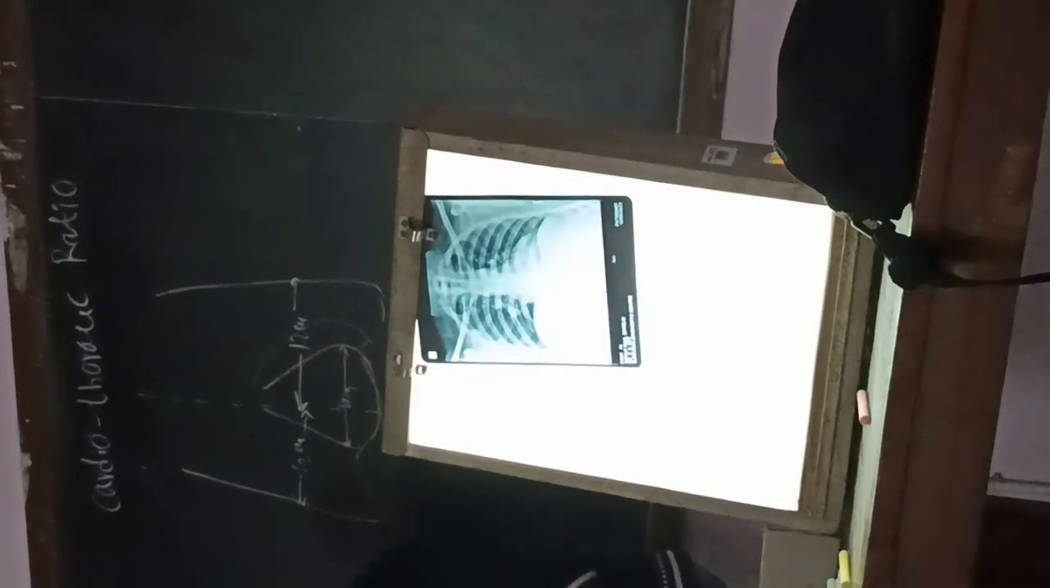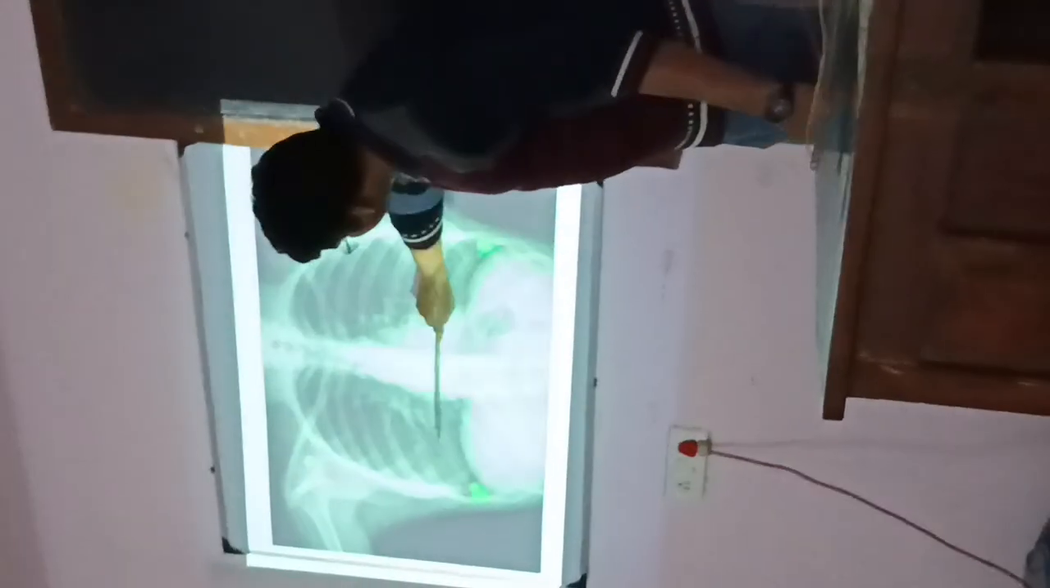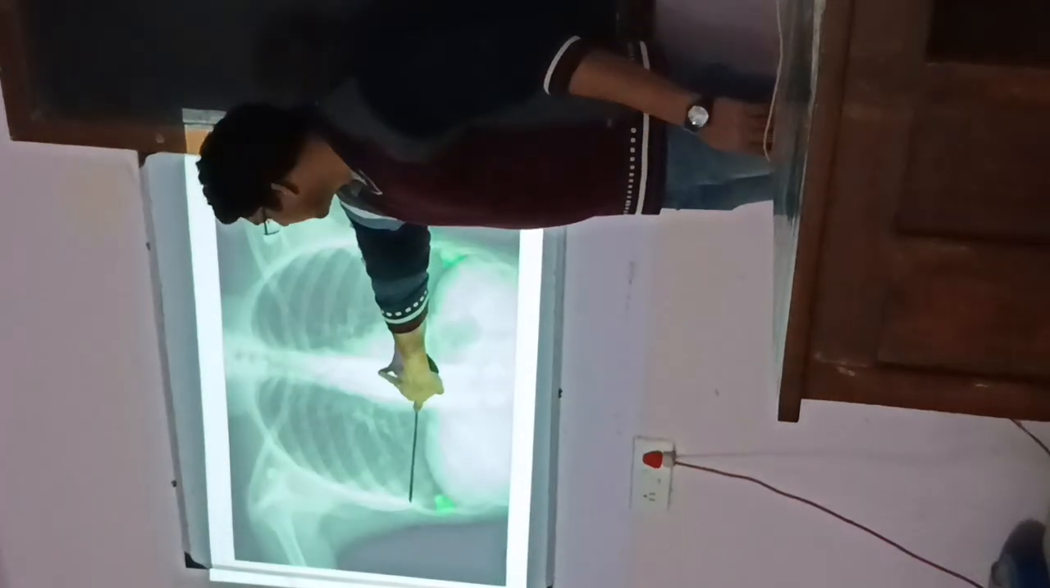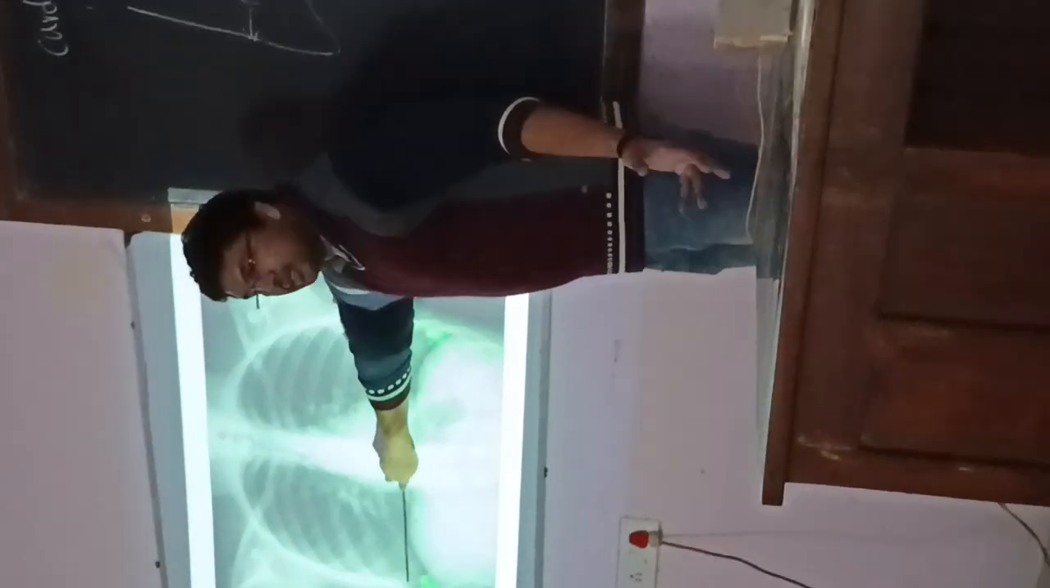Okay. So if you see, this heart is about this much diameter. Over here, it should not exceed half of the diameter of the thorax. I'm not even crossing the middle part, nothing but the vertebrae. Is it not? If you see,